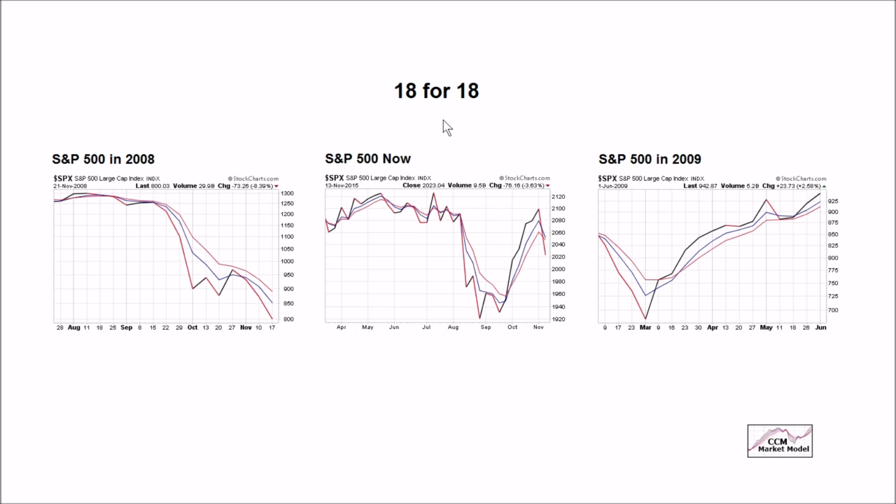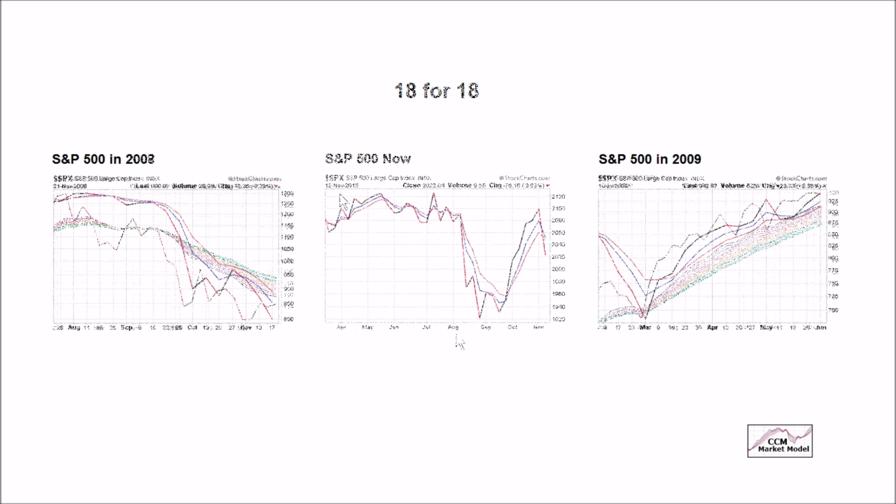How abrupt and broad were the reversals this week? All 18 of these charts had abrupt reversals similar to the weekly chart of the S&P 500. It's one thing to have a normal retracement. It's another thing to have a broad and sharp reversal, and a reversal that occurred on strong volume like what we saw on Friday, November 13th.